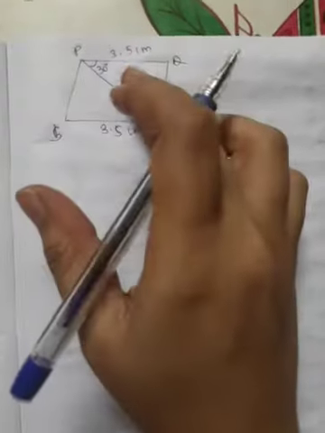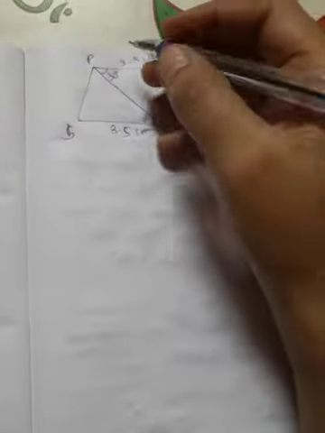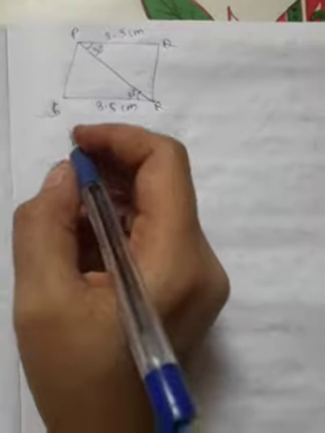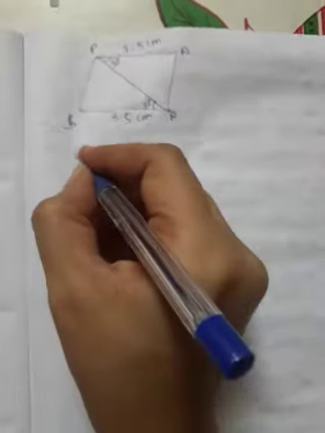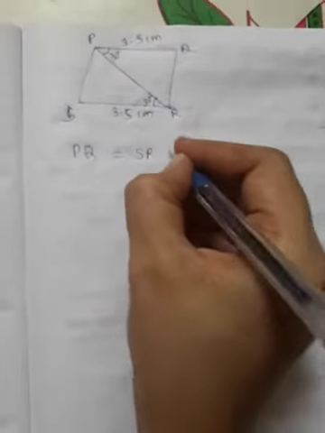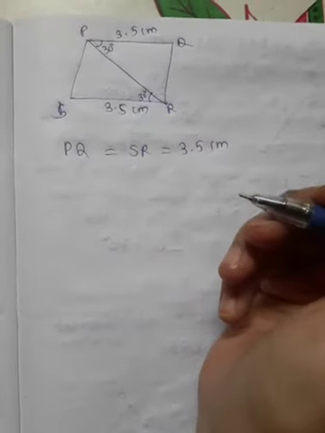Okay. Now we have to check whether the two triangles formed in this figure are congruent or not. So you observe that two triangles are formed. This is one, this is second. Okay, and here we have to apply SAS test. Now check which two sides are equal. So you observe that PQ is equal to what? SR, that is 3.5 centimeter. Now what about the other side?